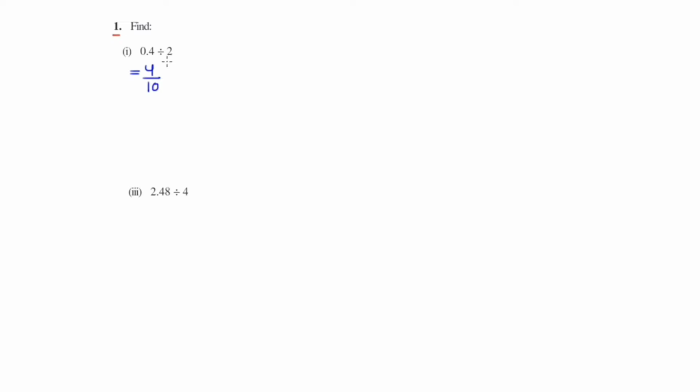As I said, to divide 0.4 by 2, we can find the multiplication by taking the reciprocal of 2. So it will be 4 over 10 times, the reciprocal of 2, which is 1 over 2. Now we can easily do the reduction. 2 times 2 is 4 and 2 times 1 is 2. Multiplying the numerators and denominators, we get 2 over 10, which we can simply write as 0.2. So when we divide 0.4 by 2, or simply find half of 0.4, it is understandable that we get 0.2 only.